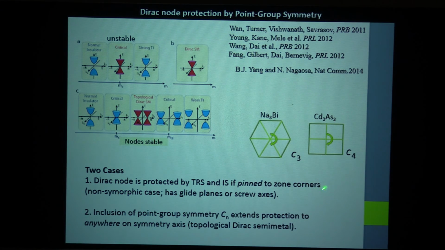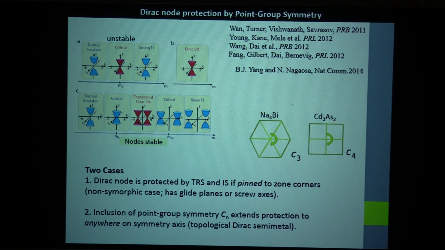And they even came up with compounds that might do that. And I showed this very famous paper to Bob Carver, and he immediately dismissed it as a physicist's dream, because it turns out that these compounds are not chemically stable. So today we would call this, following Charlie's terminology, a non-symmorphic case, which means that the system has glide planes